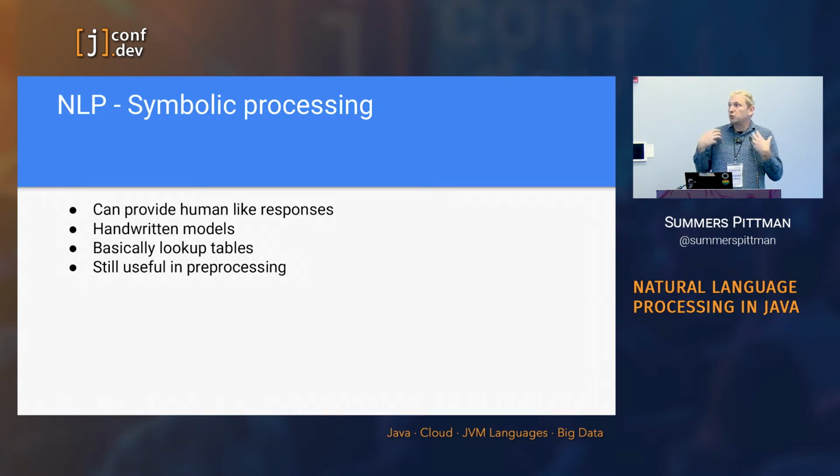And that's really all there is to it. It provides a human-like response sometimes, but the model has to be written by hand. It has to be created by hand. It's a giant lookup table. It's hundreds of lines long, and even though we've moved on from this technique, we've gotten techniques that have better responses, this is what we can still learn from, and it's what we can use for pre-processing our data, for making normalized forms of the data that we can feed into our statistical models,